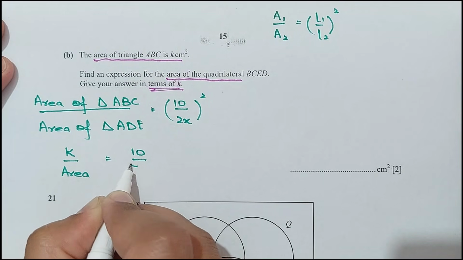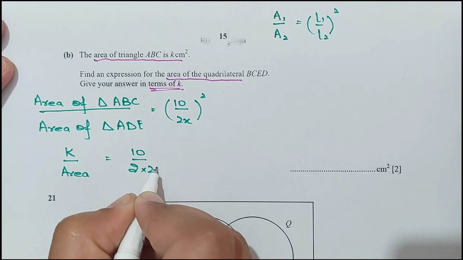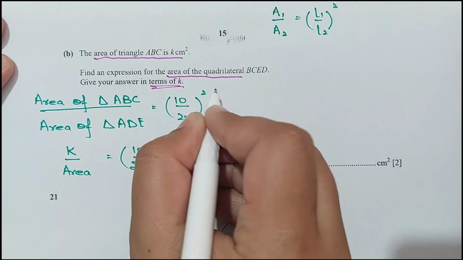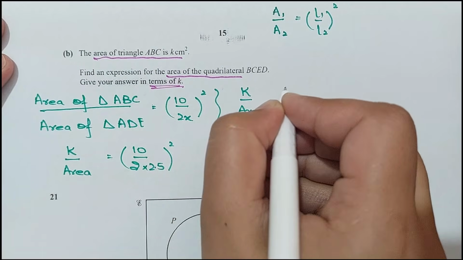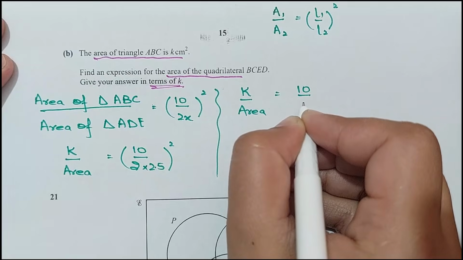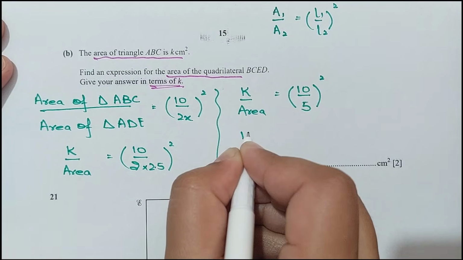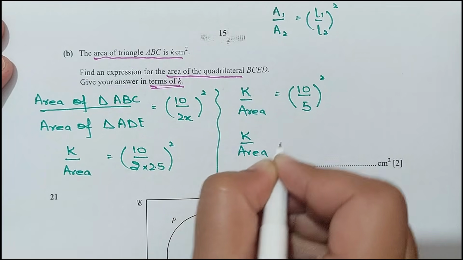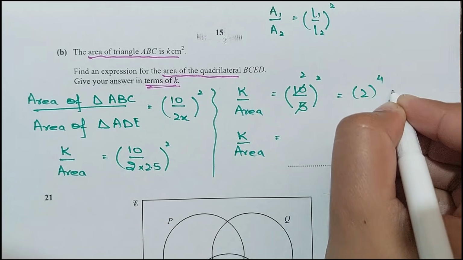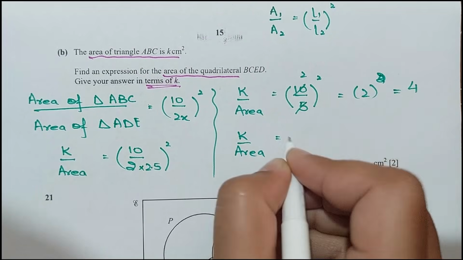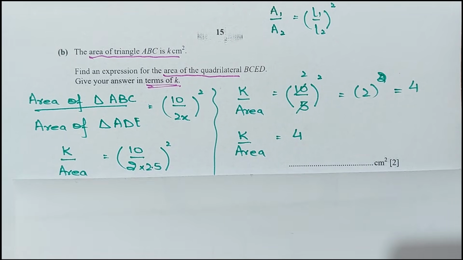This is 10 over 2, and the x value we have done, which is 2.5. So 2 times 2.5 and its whole square. So k over area, this would be equal to 10 over 2 times 2.5, which is 5, and its whole square. So k over area, this would be equal to 5 times 2 is 10. So 2 squared would be equal to, sorry, it equals 4. So this is 4. If I simplify this further, so we have